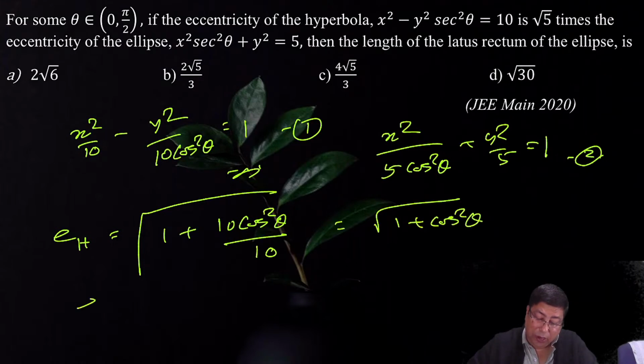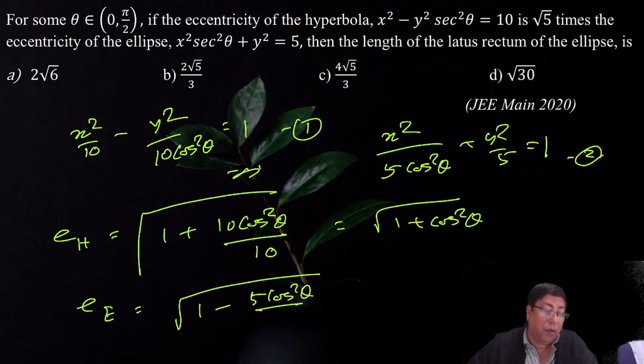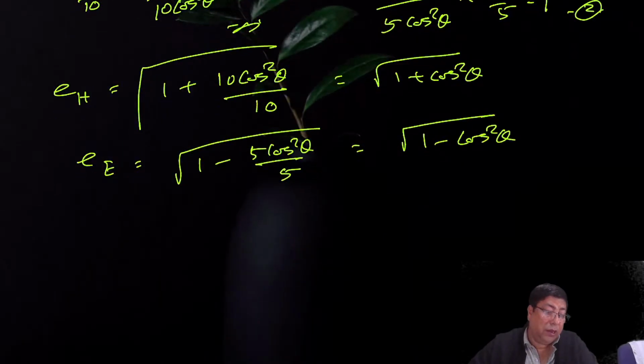And eccentricity of the ellipse is root over 1 minus 5 cos square theta by 5, that is root over 1 minus cos square theta, that is sin square theta. Given that eccentricity of the hyperbola is root 5 times the eccentricity of the ellipse, therefore